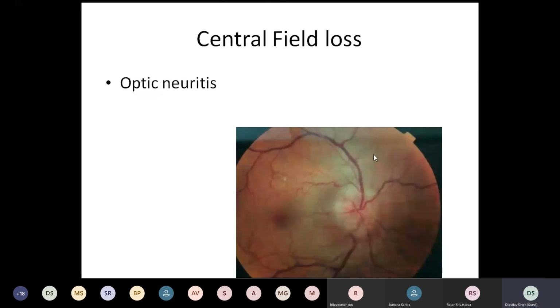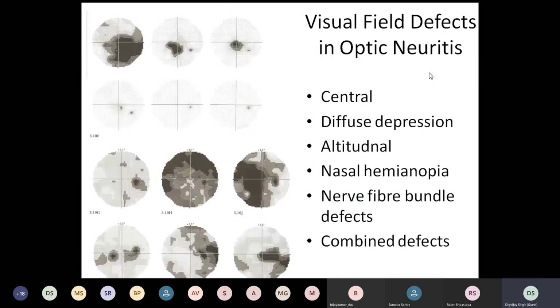Optic neuritis. So this is a female who had optic neuritis. You can see the papillitis picture here. That is what led to the central field loss. So visual field defects in optic neuritis can be very variable. They could be central, paracentral, altitudinal, nasal. I mean, they could be anything, any one of these modes. So in optic neuritis, there's no defined field defect. But if you were to think of one, it's probably the central field loss, which is probably closest to what one would often see in optic neuritis.